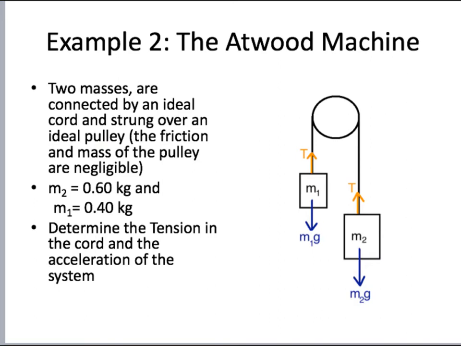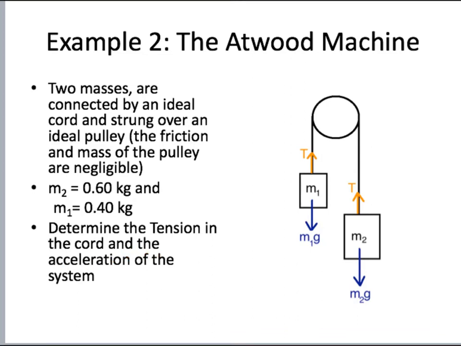And so I'm going to go down to Diagon Alley and get me an ideal pulley. That's one that also has a mass that can be ignored and has no friction. So the friction and the mass of the pulley are negligible, and we're just going to consider the forces acting on these masses. Now the problem is to determine the tension in the cord and to determine the acceleration of